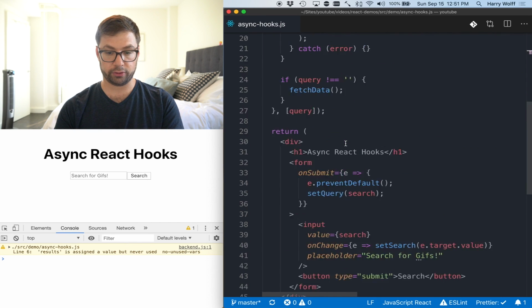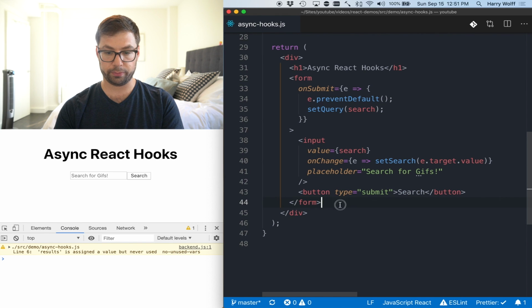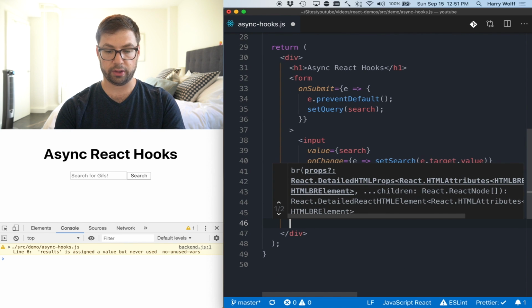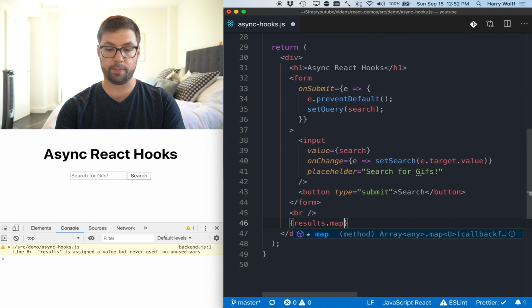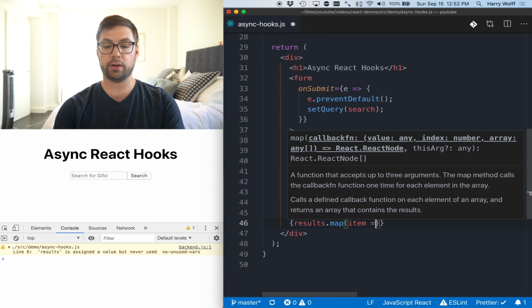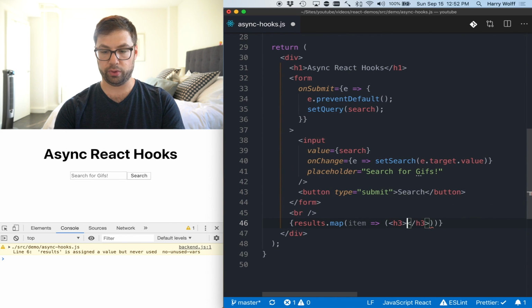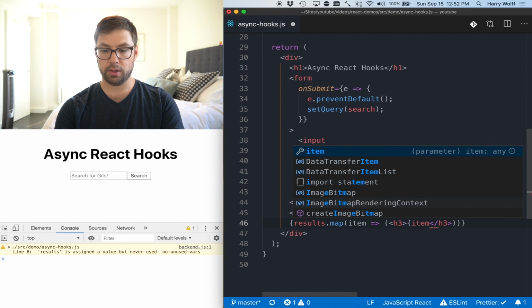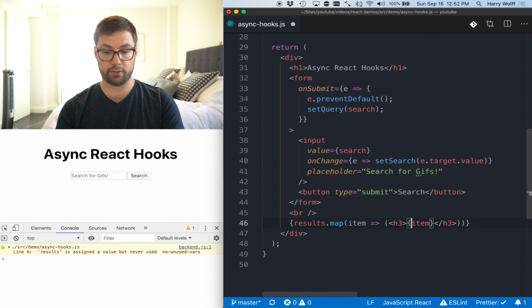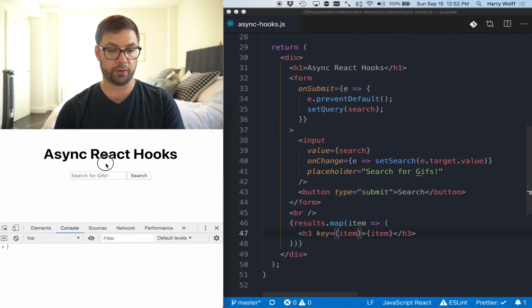Let's start rendering this just to see if this works. We're gonna go over here. Here's my form. Let's make a little break line because I love my old-fashioned BR. And we're just gonna have this be mapping over the results. We're gonna map over, I'm gonna call this item. And for now, all I wanna do is just render each of these in an H3. So let's do item is all that I have. And then I need a key as well, obviously. We'll save that. So now if I search for cookie,